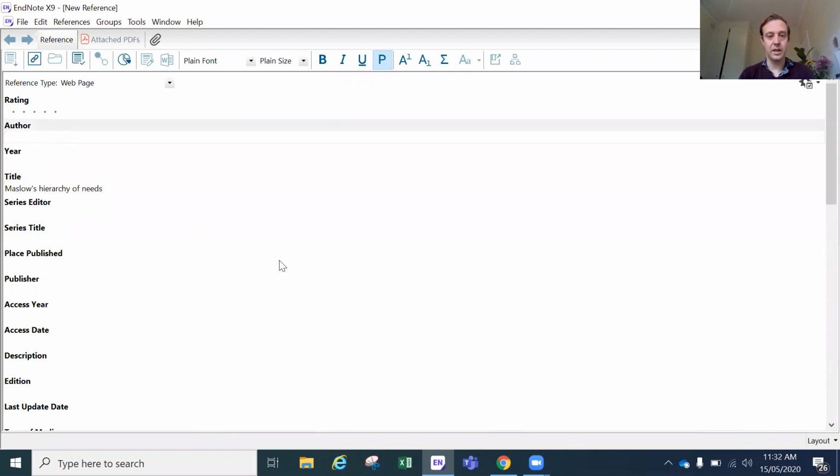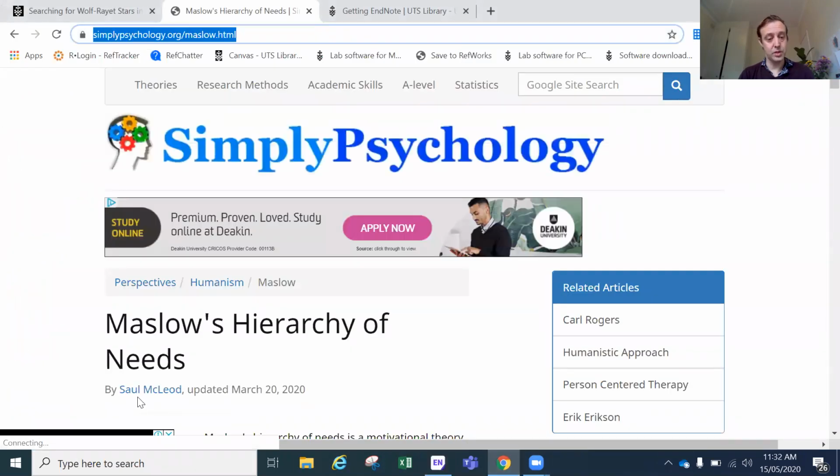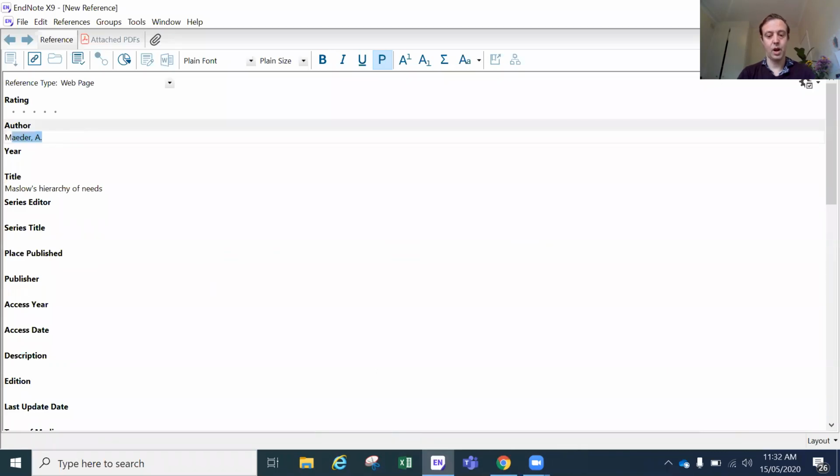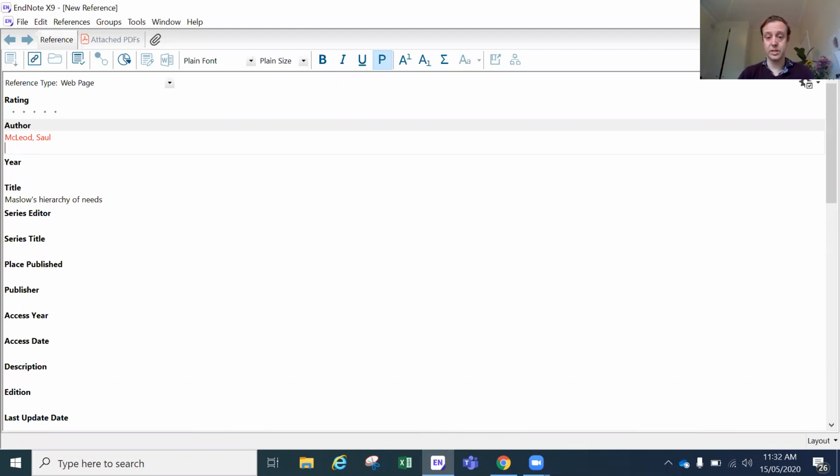Let me go back and find the other information I need to flesh this reference out. The author is Saul McLeod. So if I go back over here, I would enter Saul's name like this. If you had more than one author, you would enter the additional author on a second line. So if I wanted to put my own name in here, I could,